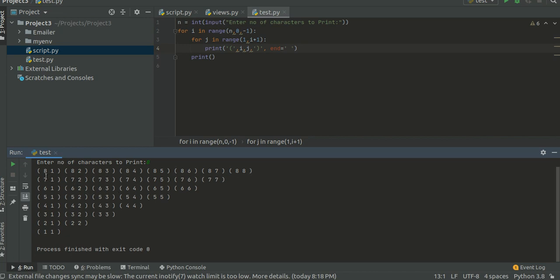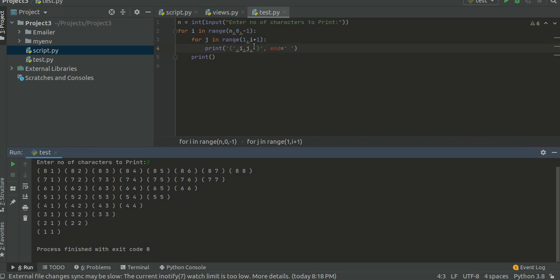So the first one is the value of i, and this one is the value of j. The value of i remains constant, 8 for the whole row, and the value of j, which represents the column value, changes from 1 2 3 4 up to 8.